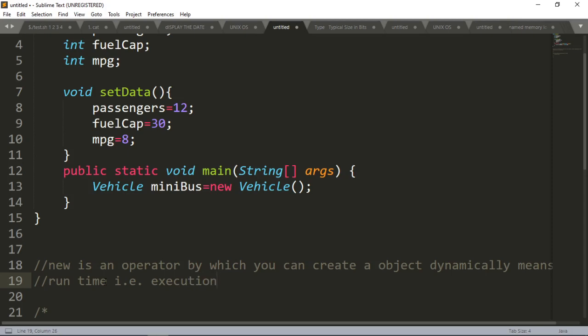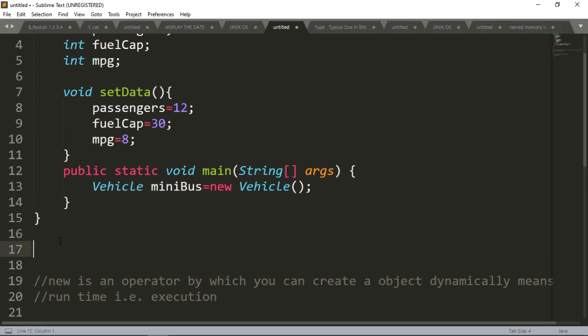Okay, now new is the operator through which you can create an object. In Java, to create an object, you definitely have to write new, and you have to maintain this particular format. Vehicle is the class name.